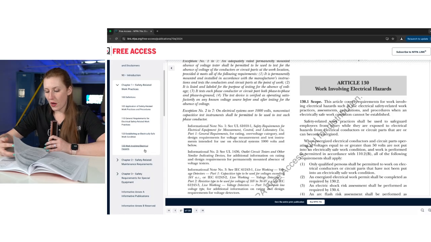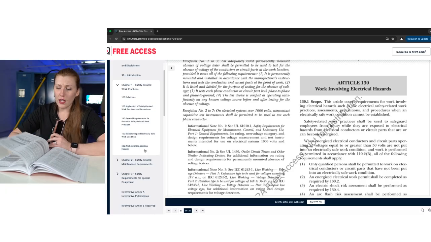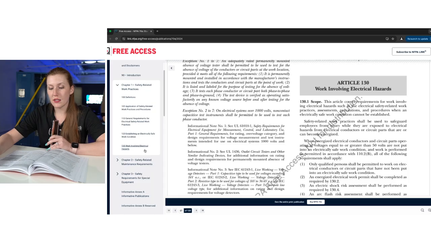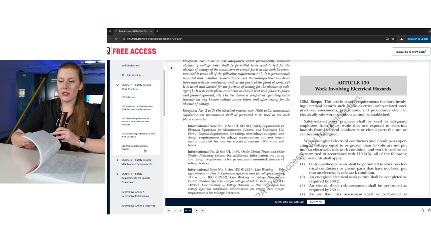There's other things as well, but again, if you were compliant with the 2021 version and you knew the intent of it already, then you're pretty well covered. Chapters 2 and 3 add a lot more information about, again, safety-related maintenance requirements and some specifics for different equipment like lasers and power electronic equipment and capacitors. Okay, capacitors were a big thing to be added in previous editions.